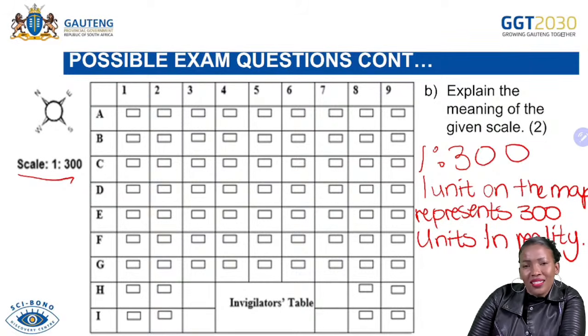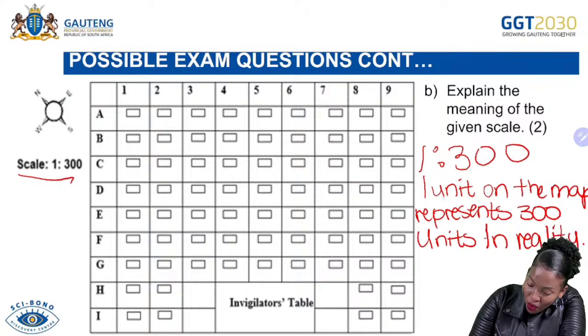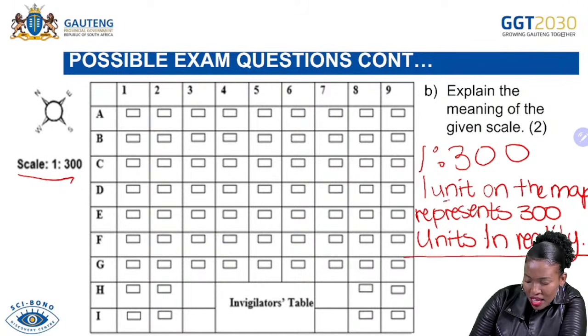That's it. You are done. 1 unit on the map represents 300 units in reality. If you forgot, you are going to forget this word unit. You can even use centimeters. You can say 1 centimeter on the map